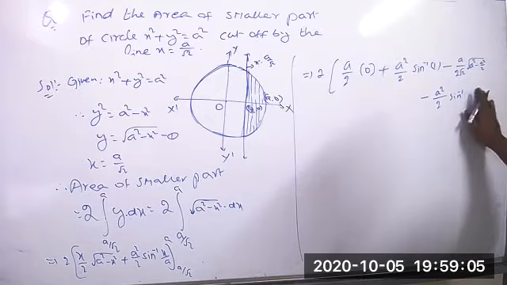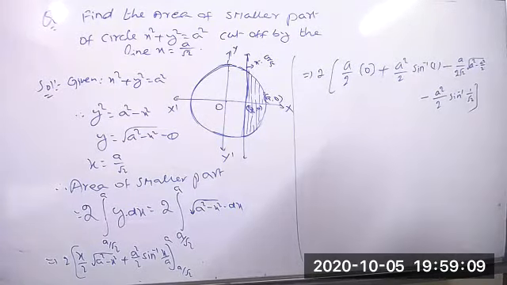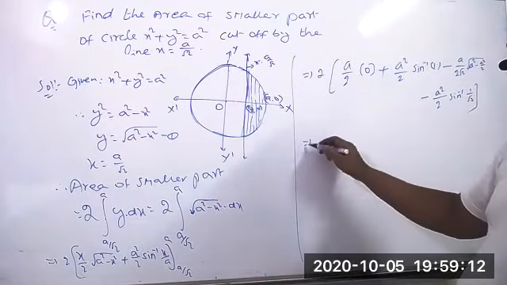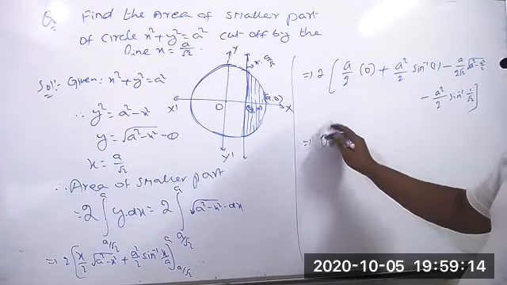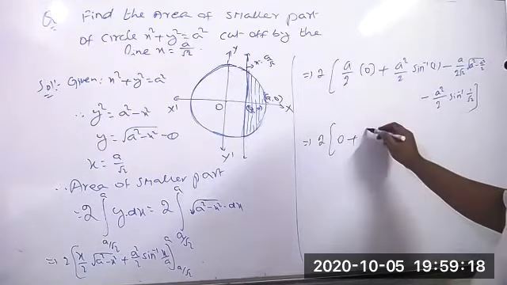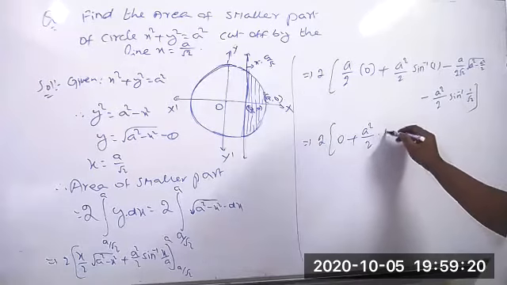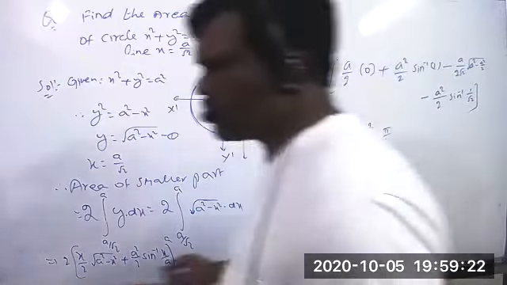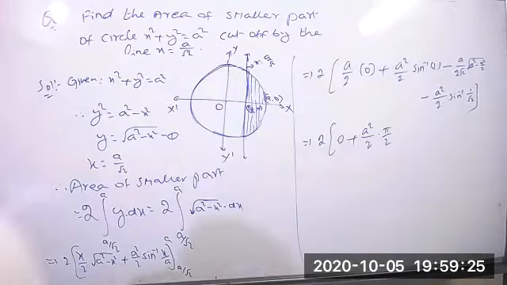Clearly we will get 1 by root 2. So this is clearly 0. 2 into 0 plus this is a square by 2 into pi by 2, a square by 2 into pi by 2